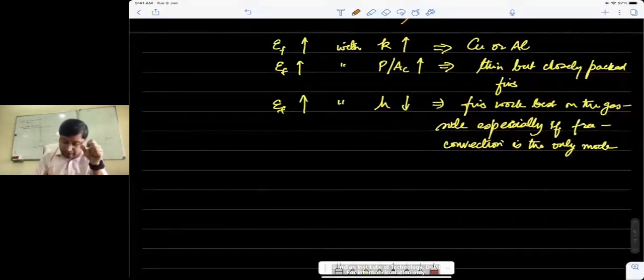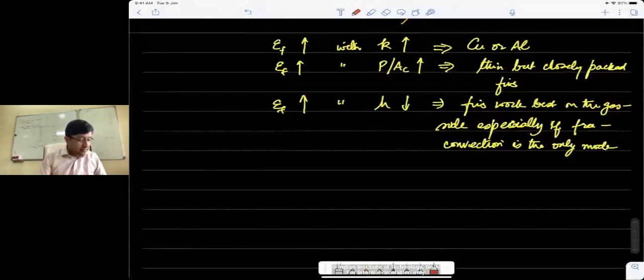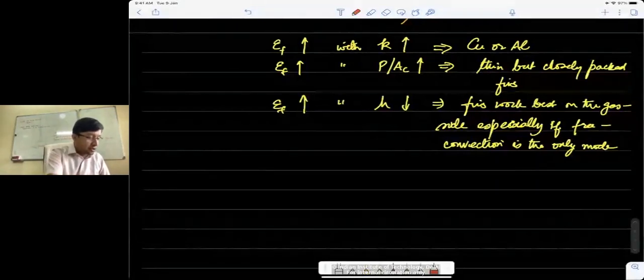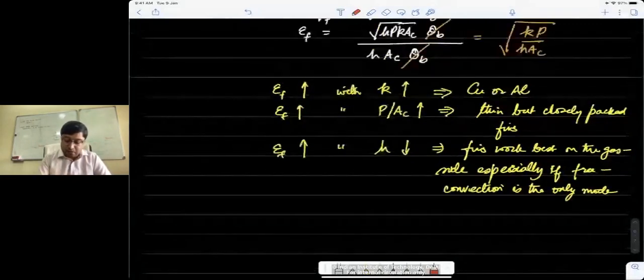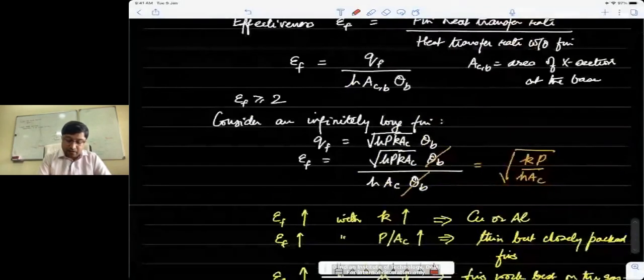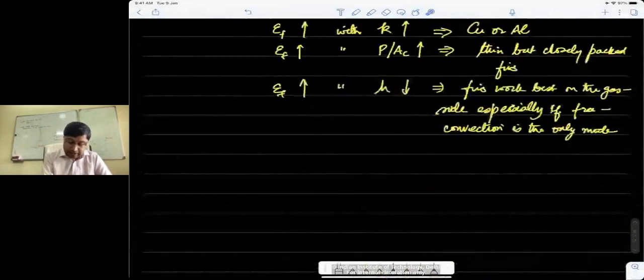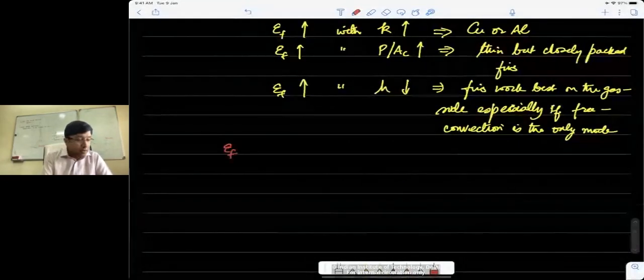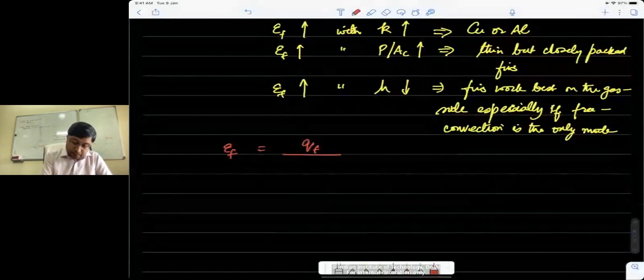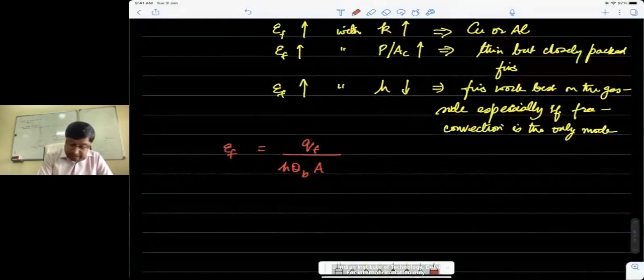Okay, so let's look at one more basic calculation here. Let's also look at the definition of fin effectiveness, but instead of writing it the way I've written it here, I've written it in terms of heat transfer rates. We can also write fin effectiveness in terms of thermal resistances. So I can say that epsilon f, which was Qf by h theta b A_cb, I see that on the base, h